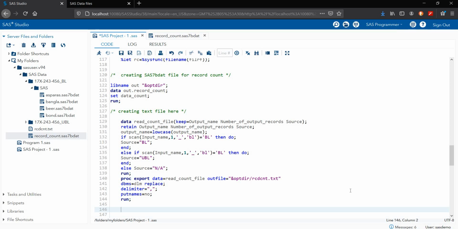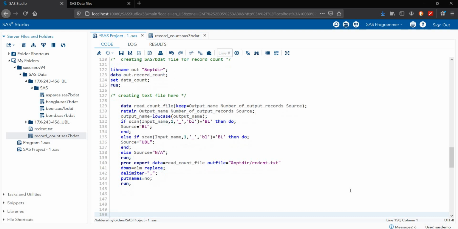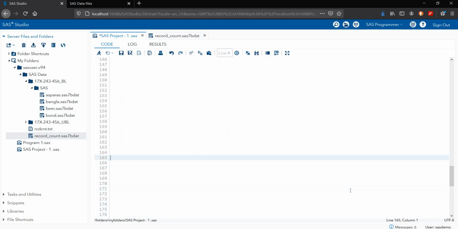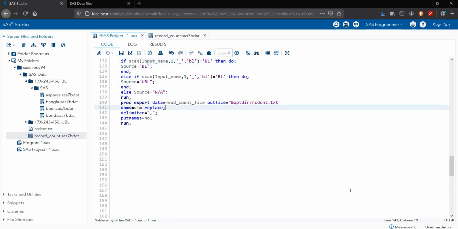So this is done. Next, we want to finish our data macro, so I'm finishing here with %mend.